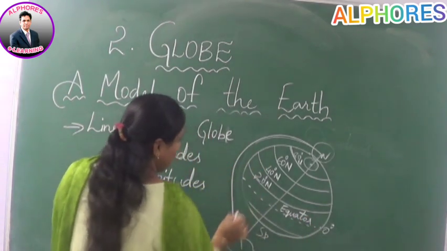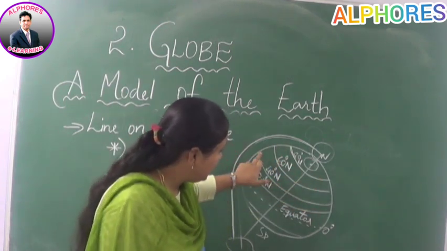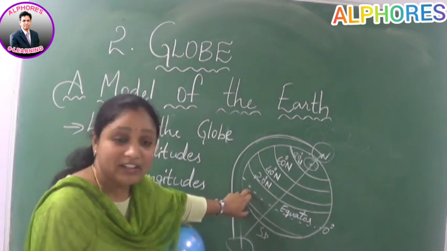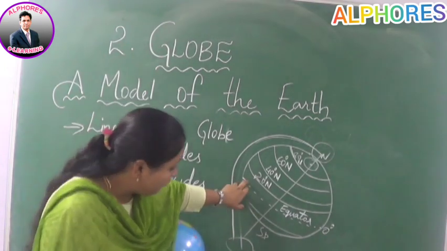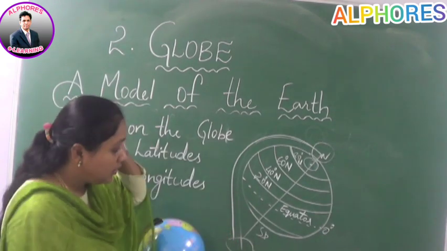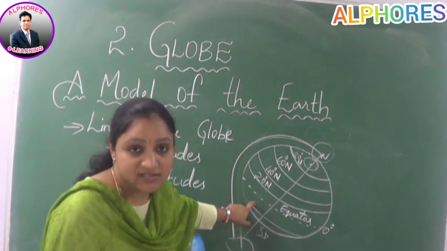Okay, then you got a doubt, madam, all these lines you have drawn with a solid line, but you have made this line in the form of dots. Why? What is special about this line? You have a doubt about this, right? So before going to explain this, let me write this degree.